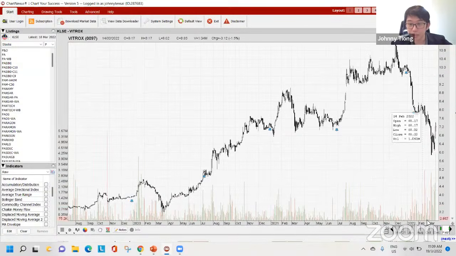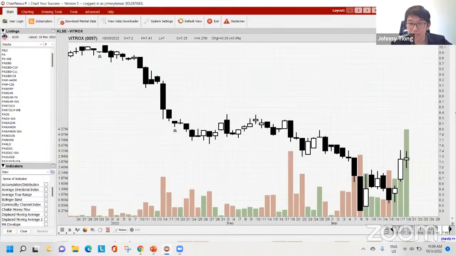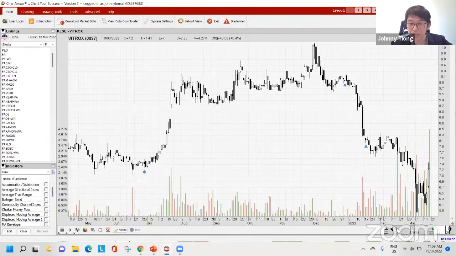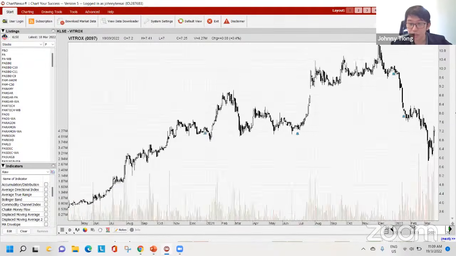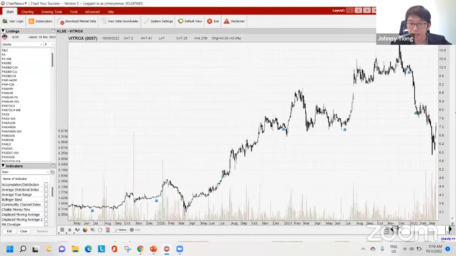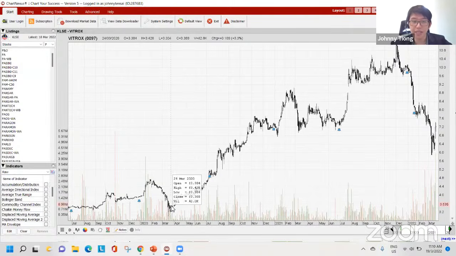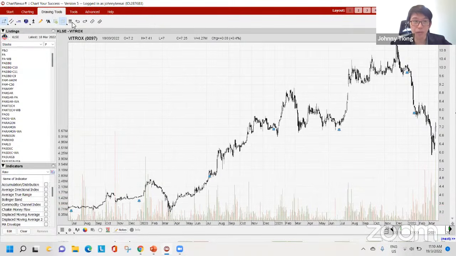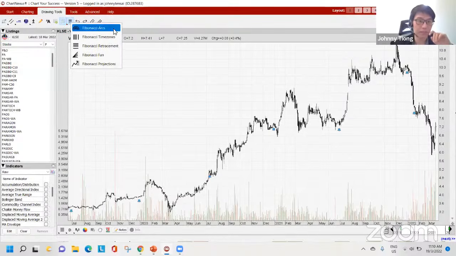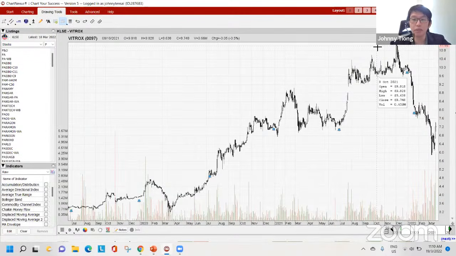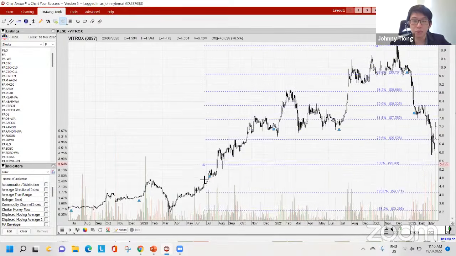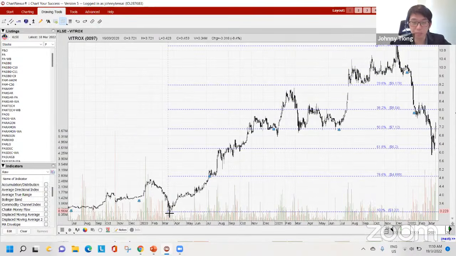Again, the reset. Remember the reset point that I mentioned just now, which is in March 2020. This is the point. So I take this as a reset point. So I will draw my Fibonacci retracement. I think it's the same for all platforms. For ChartNexus, it's up here, Fibonacci retracement. I take the highest point, I draw down to the lowest point, which is my reset point. Okay, I zoom in a bit.